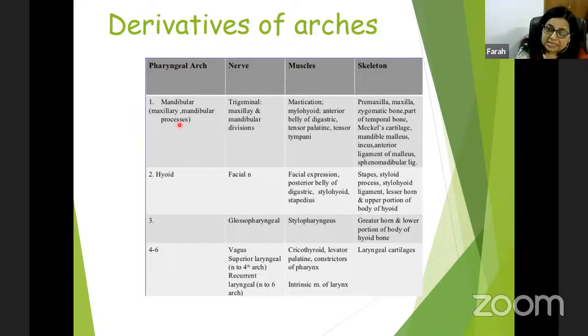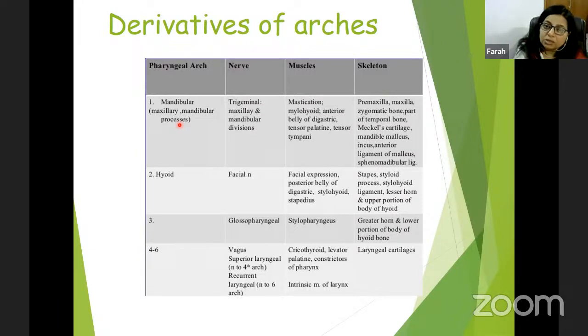और एस से जो स्ट्रक्चर्स हैं सेकेंड आर्च, सेकेंड इज एस, तो इसीलिए स्टेपीडियस है, स्टाइलोहाइड है क्योंकि वो हाइड से कनेक्ट हो गई, स्टेपीडियस है क्योंकि स्टेपीज जो है वो स्मॉलेस्ट जो बोन्स हैं ईयर ऑसिकल्स, मैलियस, इनकस एंड स्टेपीज, तो मैलियस और इनकस तो फर्स्ट आर्च से होती है और स्टेपीज सेकेंड आर्च से होती है। अब स्टेपीज है तो स्टेपीडियस मसल भी हो गई, स्टाइलॉइड प्रोसेस है तो स्टाइलोहाइड मसल भी हो गई, स्टाइलोहाइड लिगामेंट भी हो गया,